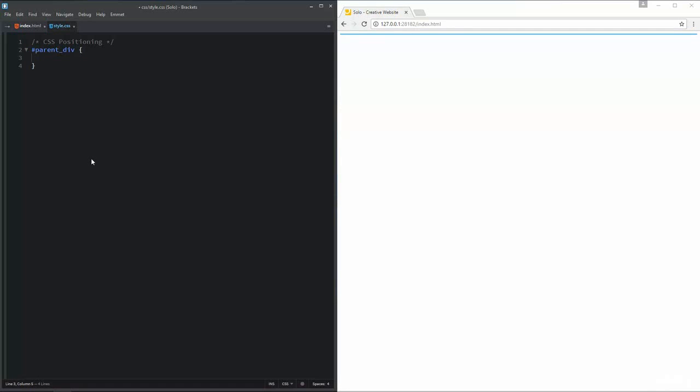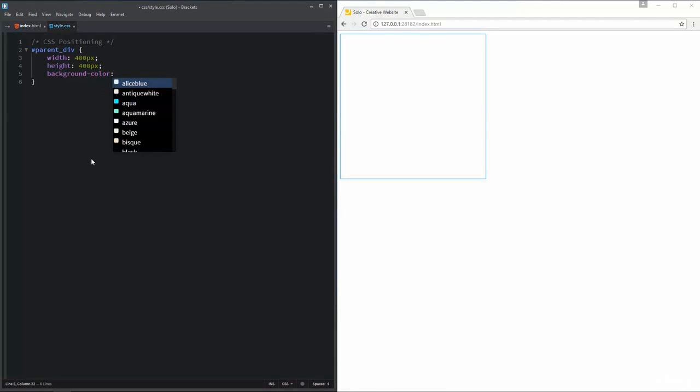I want to specify some width and height for this parent div so I can see it like a box. The width is 400 pixels, the height is also 400 pixels, and I'm going to set the background color to red.